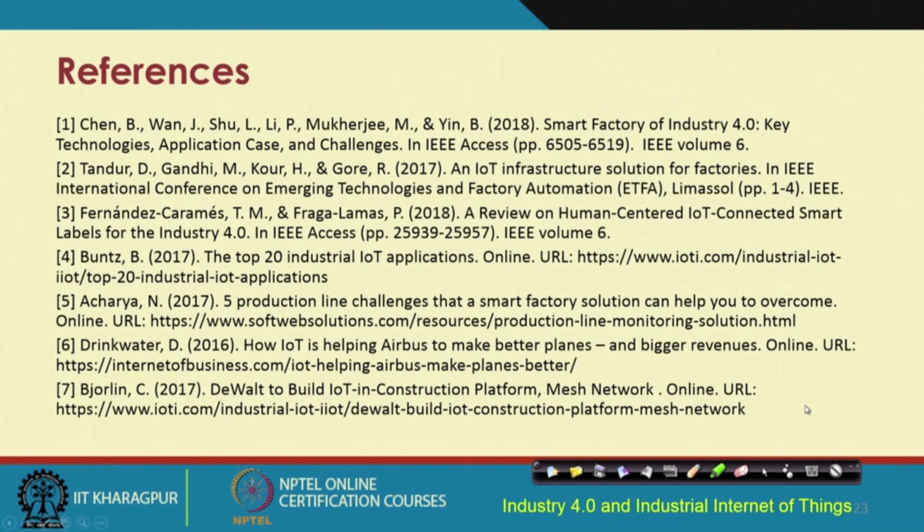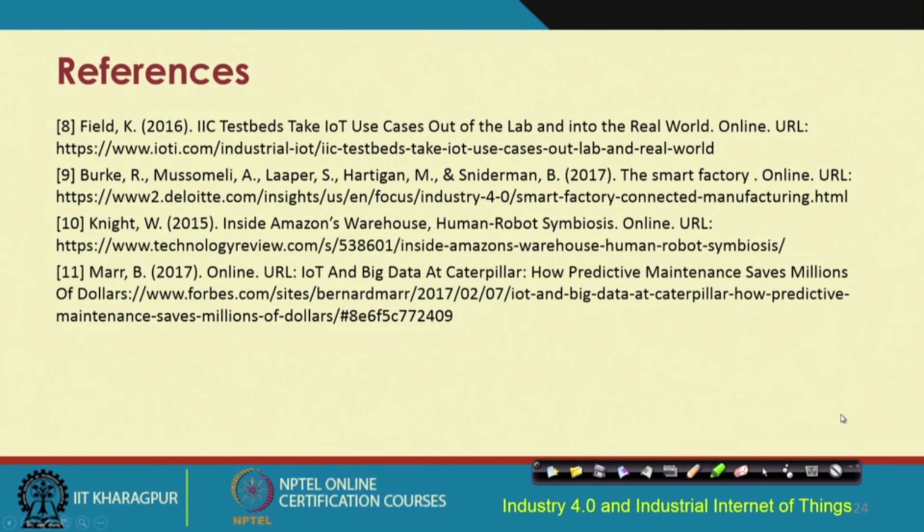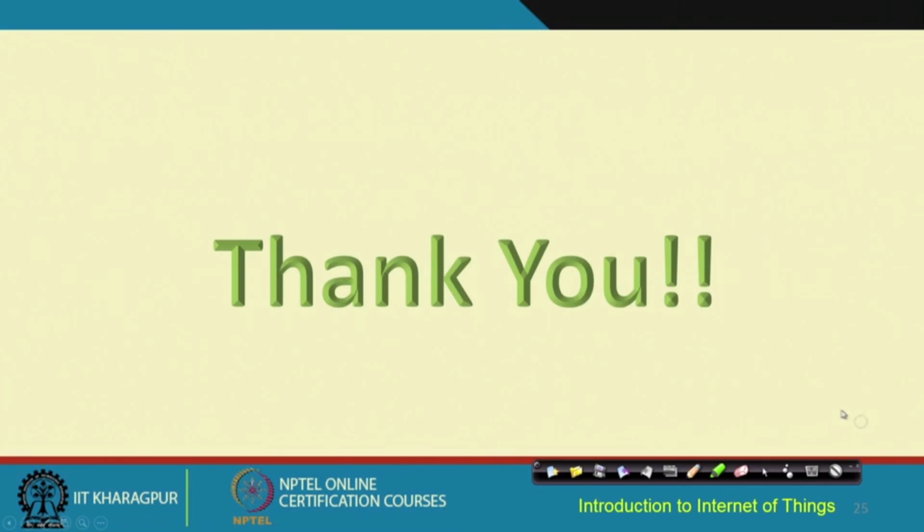So, these are some of these different references that you could go through in this particular space of the smart factory, and also the assembly line in a smart factory, IIoT implementation in a smart factory, and so on. These are all these different references, including the references talking about these case studies of the companies and their products that I talked about briefly in the last half an hour of lecture. These are all these references for you to go through.